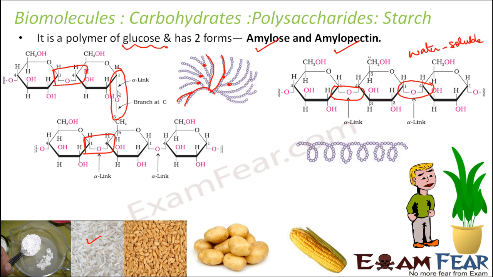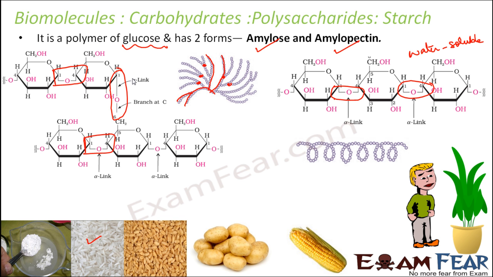So this is also a glycosidic bond, that is, this is also a C-O-C bond. This bond also is formed by loss of a water molecule. So this type of bond which exists between C1 and C6, that gives rise to branches. Otherwise, they are also similar to amylose. So if you consider only this part of the structure, this is similar to amylose. This part of the structure is also similar to amylose, but they are interconnected by these branching bonds, that is